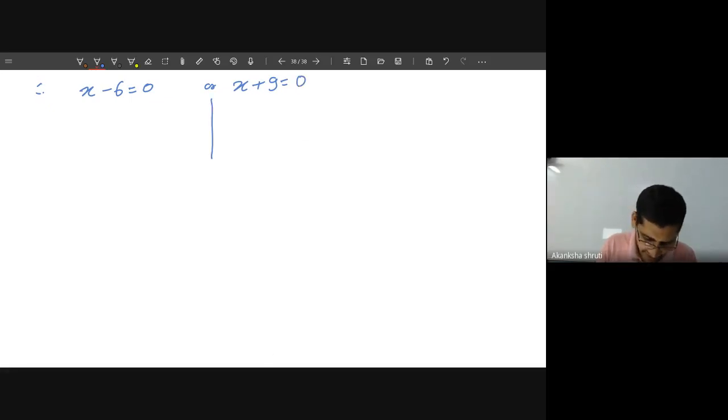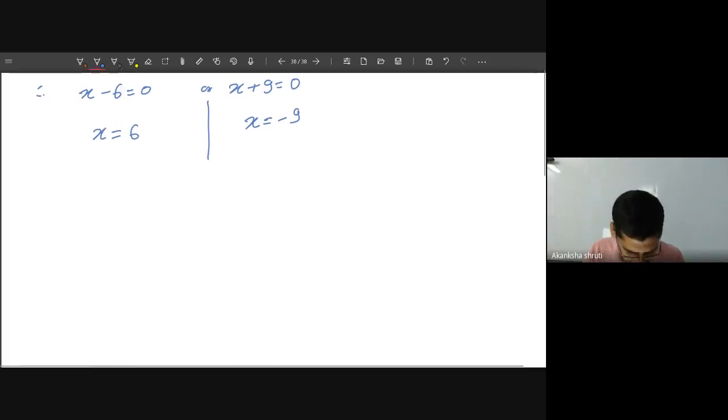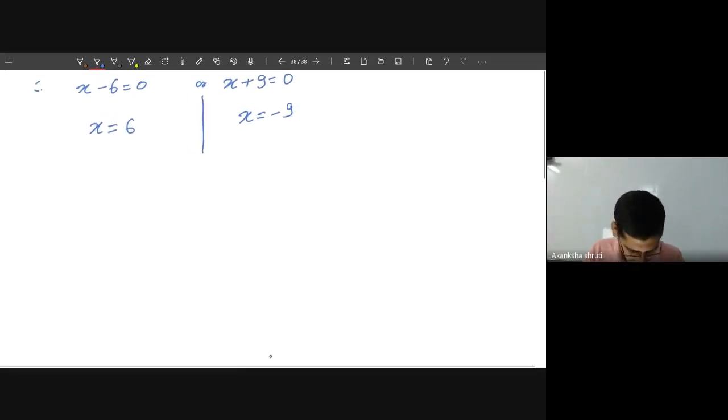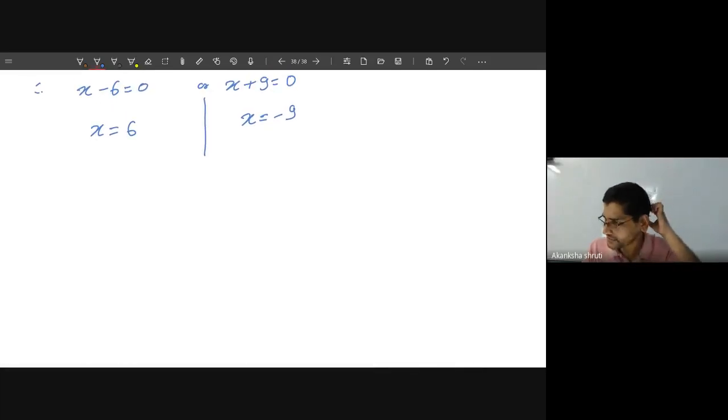So this will give us two things, x is equal to 6, and x equals to minus 9. Here you can write directly this x equals to minus 9 is not possible. Why not possible? Because the length can never be negative. Dimension of any field or any figure cannot be negative. So it is not possible. This way you have to write here. While you are rejecting, you have to write the cause also. So it is not possible.